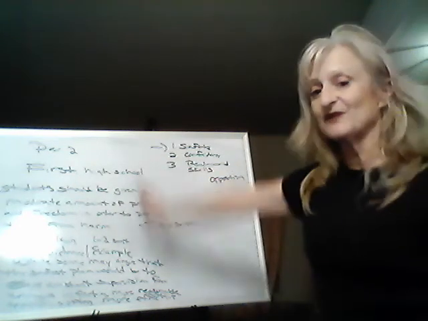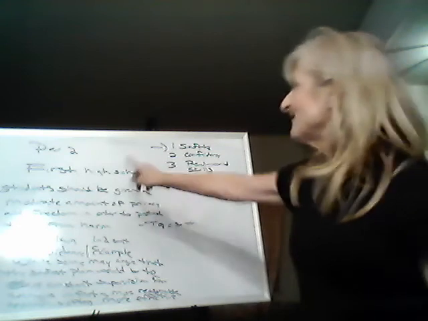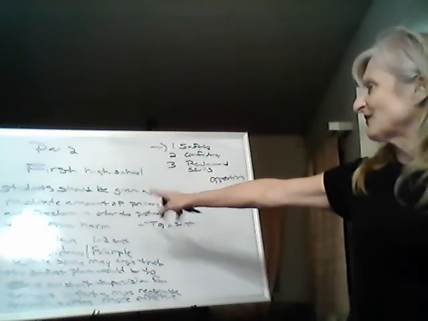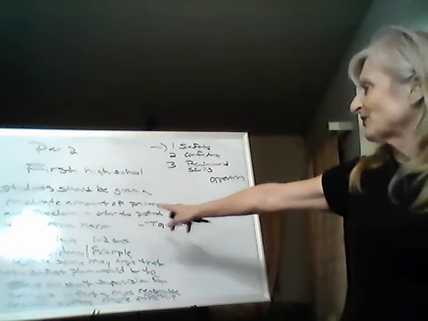So again, you've got your topic sentence. I'm going to just read through it again to kind of refocus. First, high school students should be given a moderate amount of privacy and freedom in order to protect them from harm. Then we explain that in 1 to 2 sentences. We give our evidence and example. This is also about 1 to 2 sentences. Could even be 3. Actually, probably 3. I'm going to say 2 to 3.